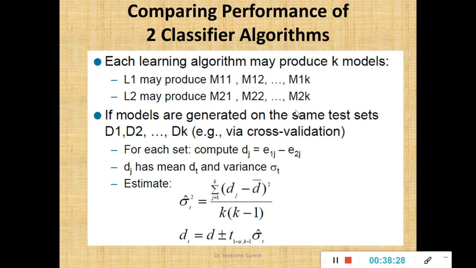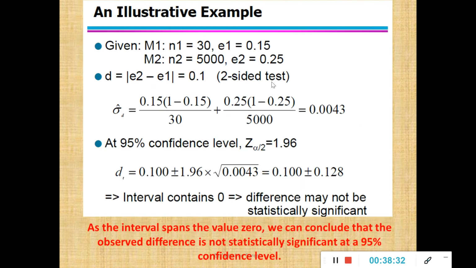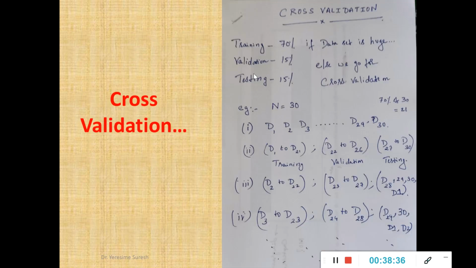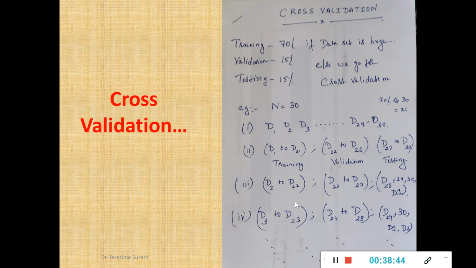If it is greater than 30, whatever we have solved with this approach, employ the same approach if the data set size is greater than 30. If it is less than 30, then apply cross validation. It is the same as the previous approach, only thing for every set, here I have 1 set, 2 set, 3 sets, like this I'll do it for 30 sets.